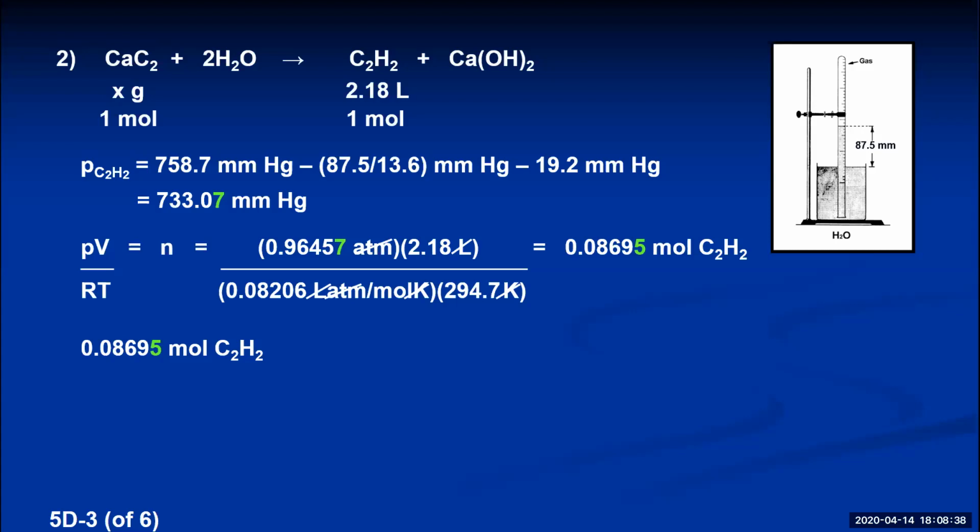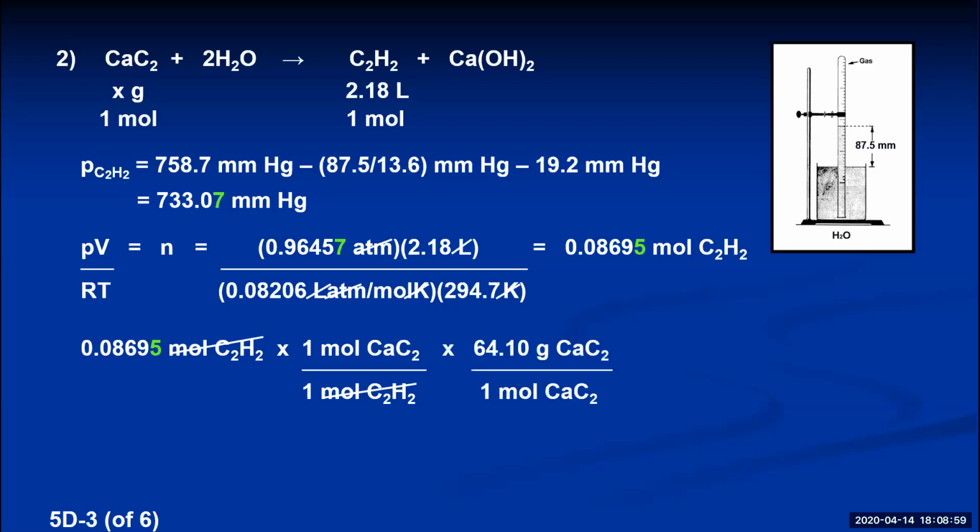Once you have the moles of one of the reactants or products in any chemical reaction, you can now convert it to moles of any other reactant or product with the mole ratio from the balanced equation between the two substances. In this case, the mole ratio is 1:1. We put the acetylene on the bottom and the calcium carbide on the top, so the moles of acetylene cancel out. And the third step is to convert this into the units of the answer. They want the answer in grams, so we will use calcium carbide's molar mass to convert the moles into grams. And the final answer comes out 5.57 grams of calcium carbide must have been in that sample.